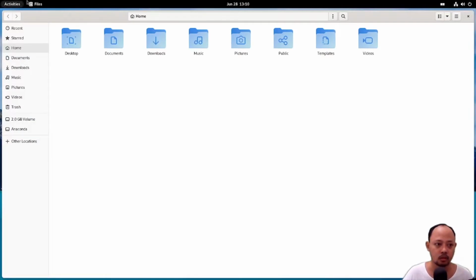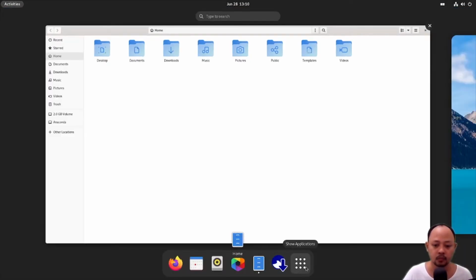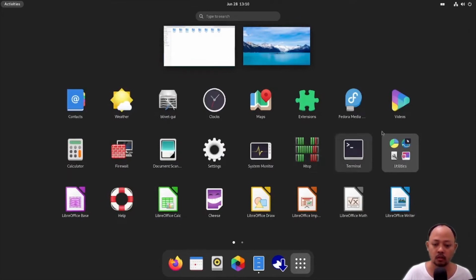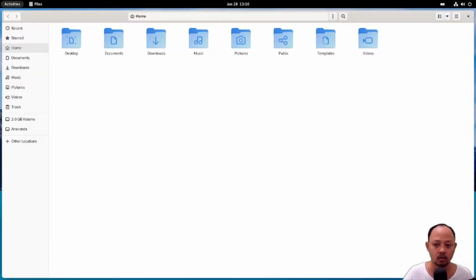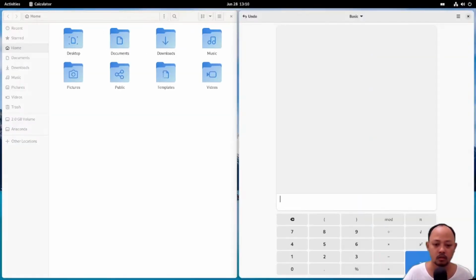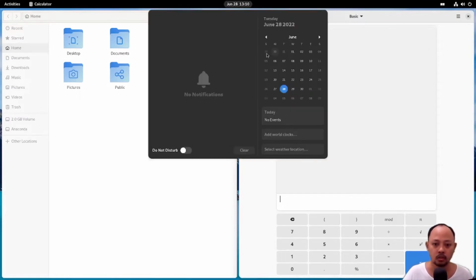Okay, and then I will open another application, calculator. Okay, so the windows will not overlap.